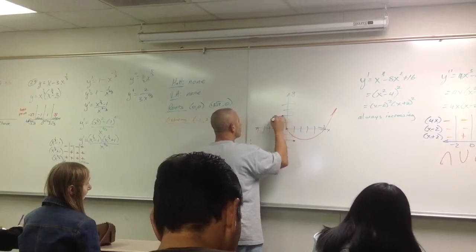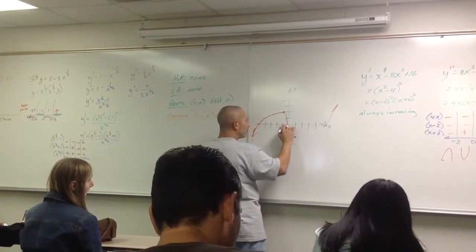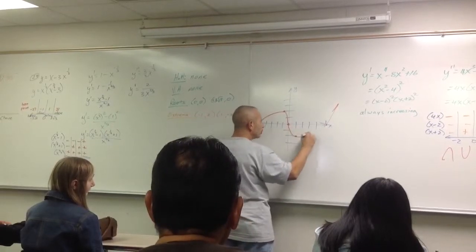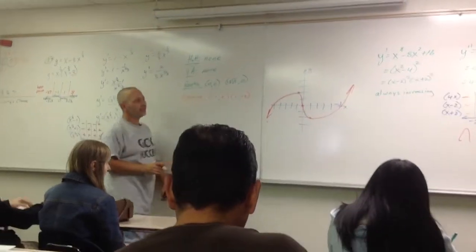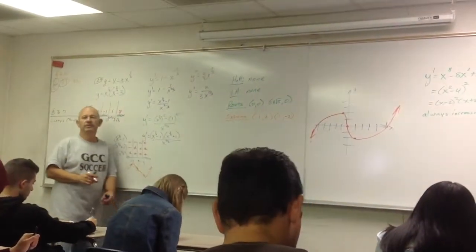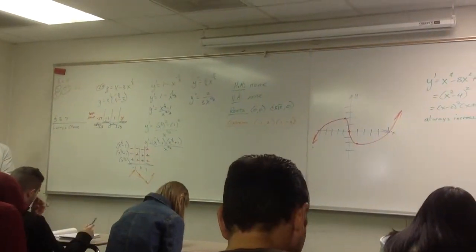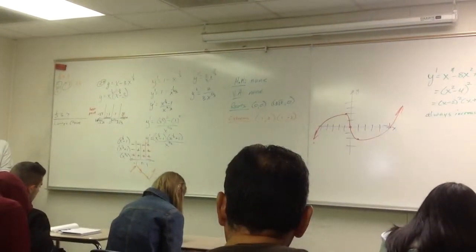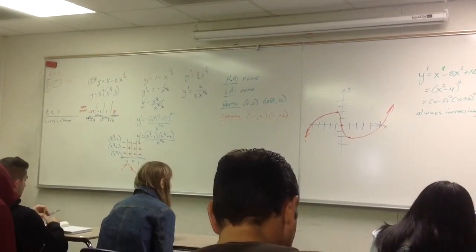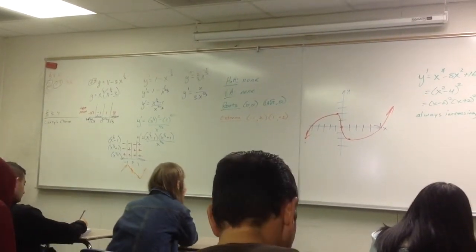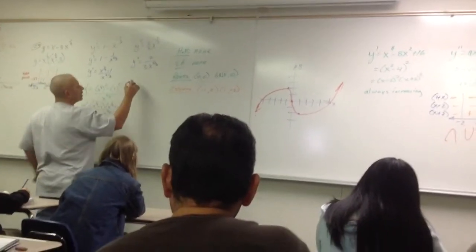I'm going to draw something more like this. Right? It's not quite such a smooth descent and ascent to the maximum and away from it, or into the minimum. Well, let's do a sign chart on the second derivative. Well, I've got the factor